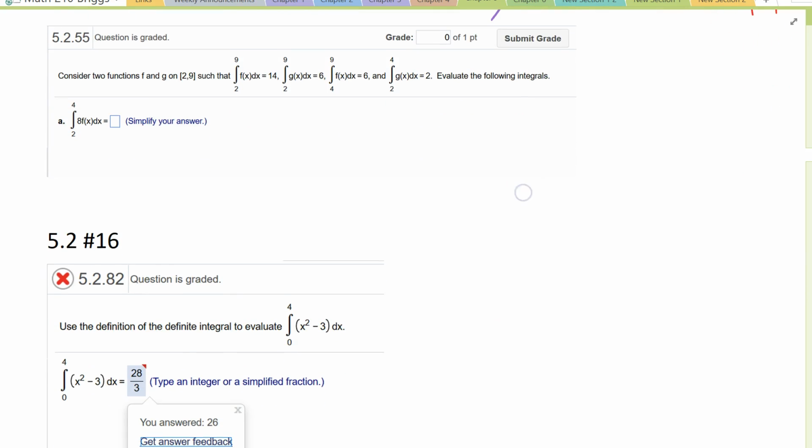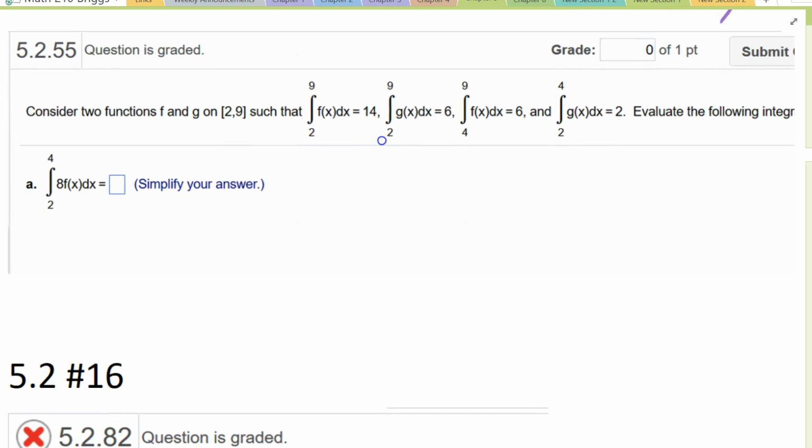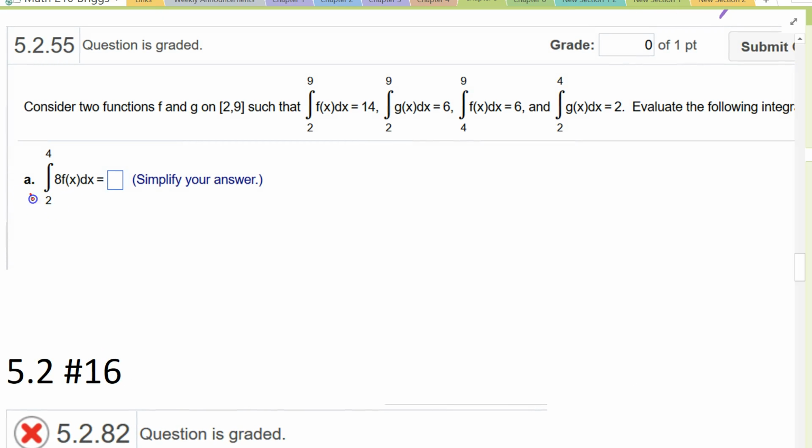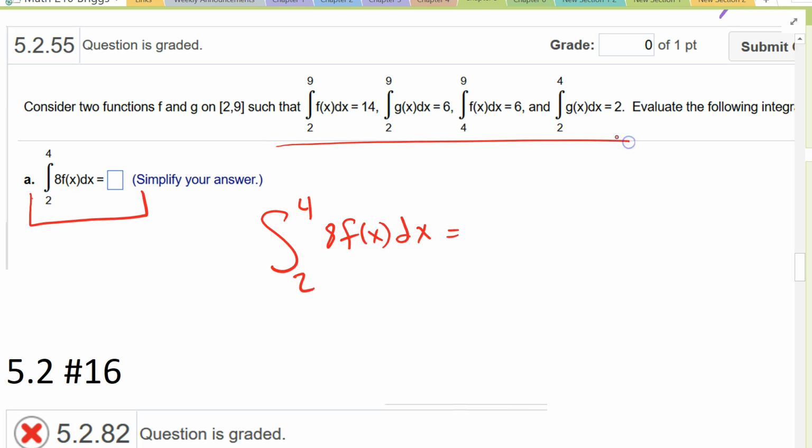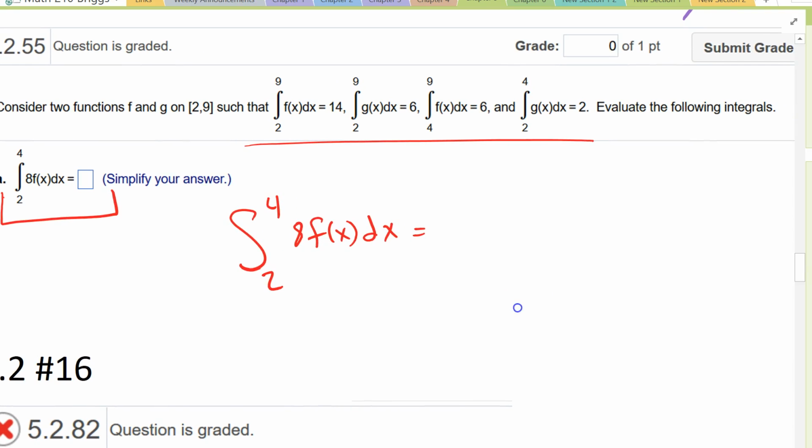Number 15 is kind of giving you the idea of integrals, but breaking it down into different parts. So if I'm integrating 2 to 4 of 8 f of x dx, what do I know here? If I want to go to 2 to 4, I have to end up going